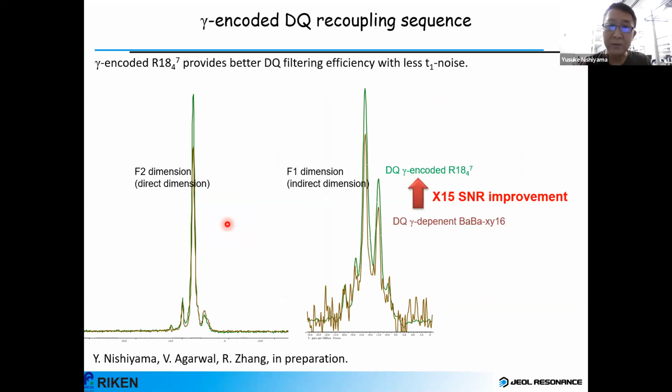If you look at the slice, this is much clearer. Gamma-encoded sequence gives us higher filtering efficiency. That's okay, but this is minor. And noise level in the direct dimension is more or less the same. But if you look at the noise in the indirect dimension, BABA sequences suffer from huge T1 noise because of the gamma dependence, and that is suppressed by the gamma-encoded sequence. So in terms of sensitivity or signal-to-noise ratio, we obtain a factor of 15